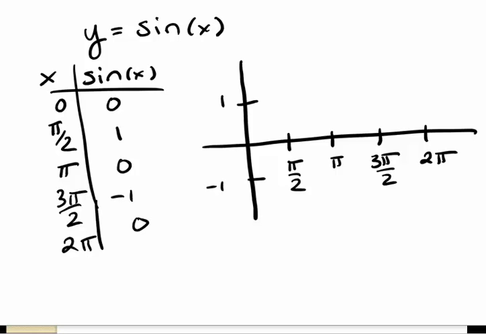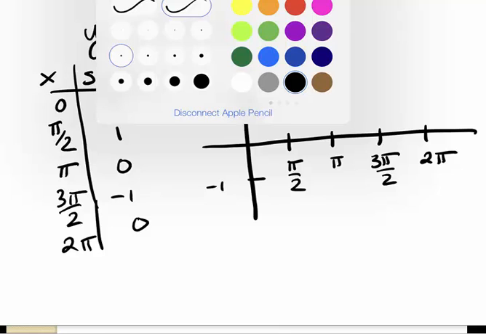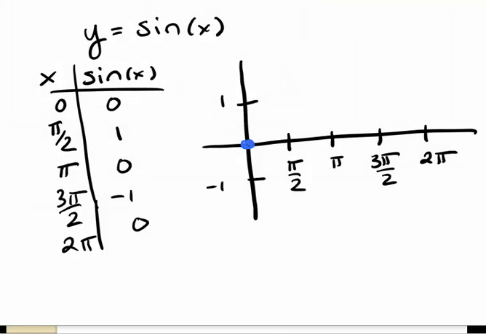And let's see, let's change color here. So we could plot our 5 points. So I'm going to overlap the label there a little bit. But one hump going up, one hump going down. There's y equals sine of x. Okay, now if we wanted to do 3 plus that,